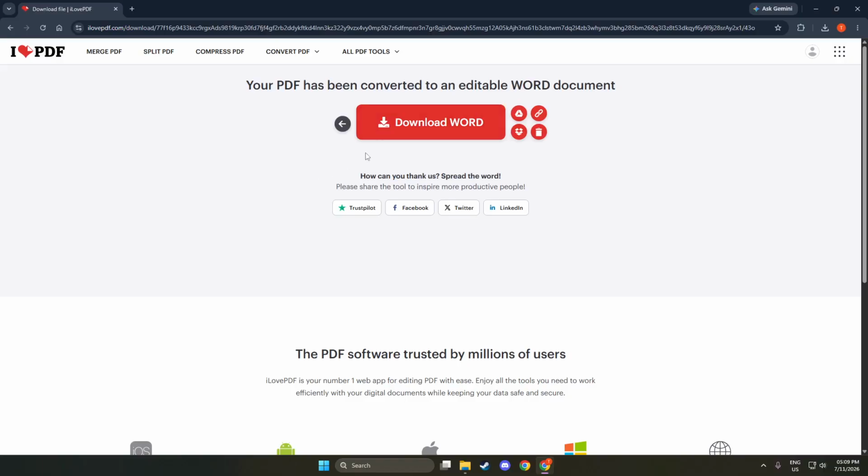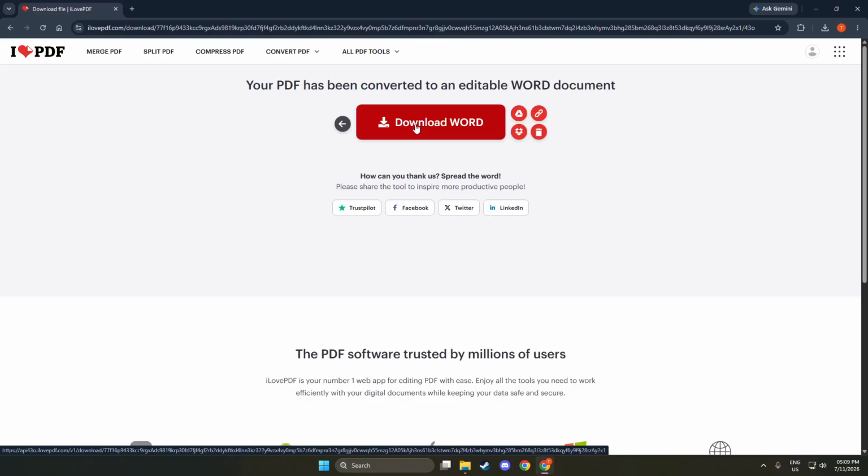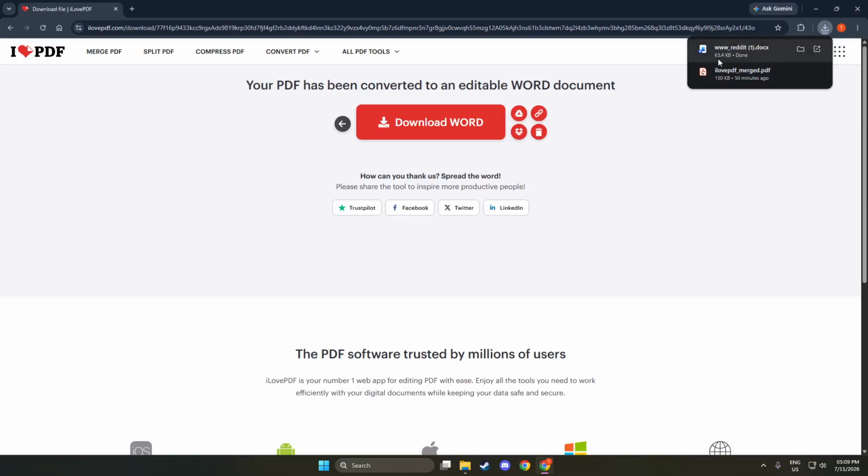Congratulations! You have successfully converted a PDF to a Word document using iLove PDF. This process not only saves you time but also gives you flexibility in editing your documents. Now you can open your Word file and make any necessary changes with ease. Remember, knowing how to convert files like this can be a valuable skill, especially when working with